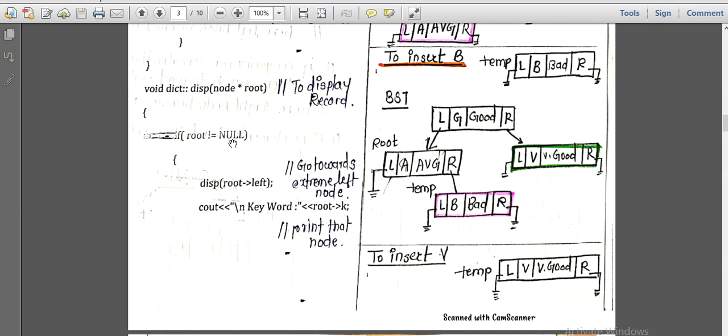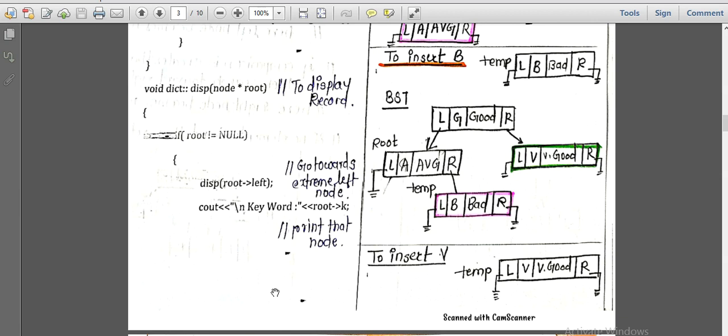If your root is not equal to null, it means there is something available in the tree. At that time you have to go towards the left, that means we call the display function for the left subtree. Go towards the extreme left node and print that. Whatever node is smallest, we have to print that, because in the problem statement itself, in the title, it is given that you have to show this dictionary in ascending or descending order.